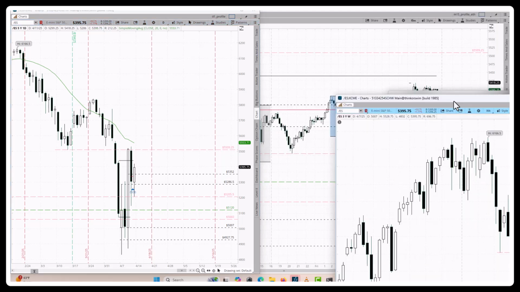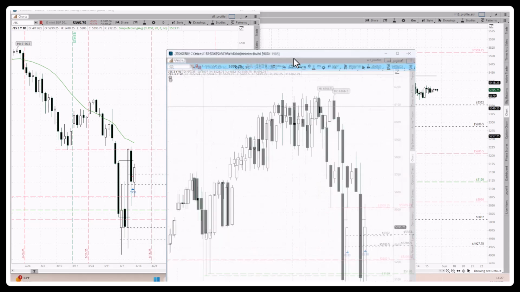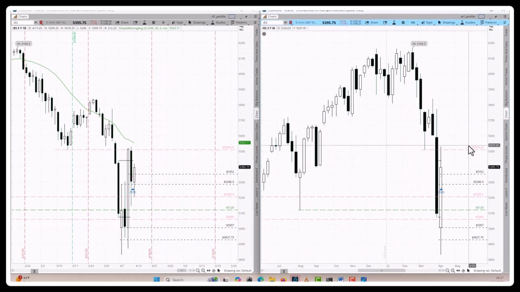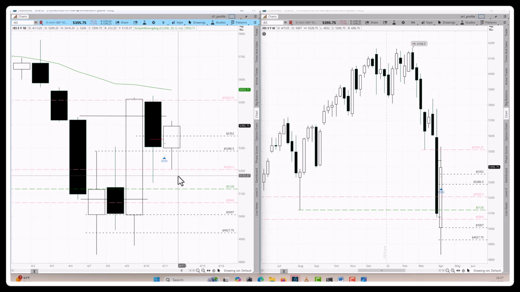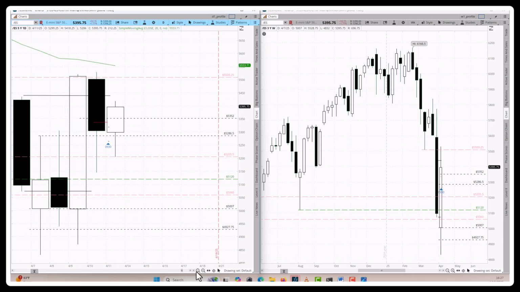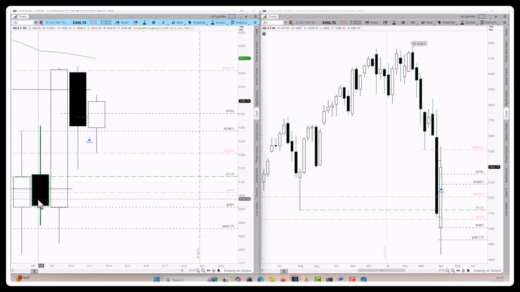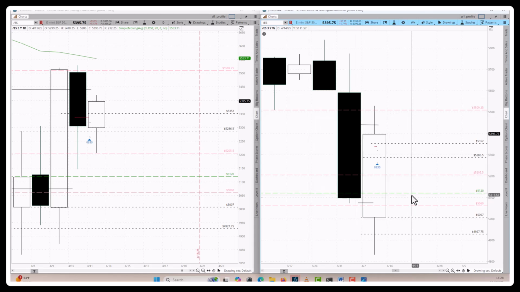So let's pull up the weekly. Basically we have the weekly right here on our right side, and then we have the daily on our left side, the daily right there. So basically you see this candle right there. Boom, that is your weekly. You see how beautiful the formation is. Yes. So we have 5 days right there, and here's your candle. That's the level. You see, amazing. So that's the level right there,